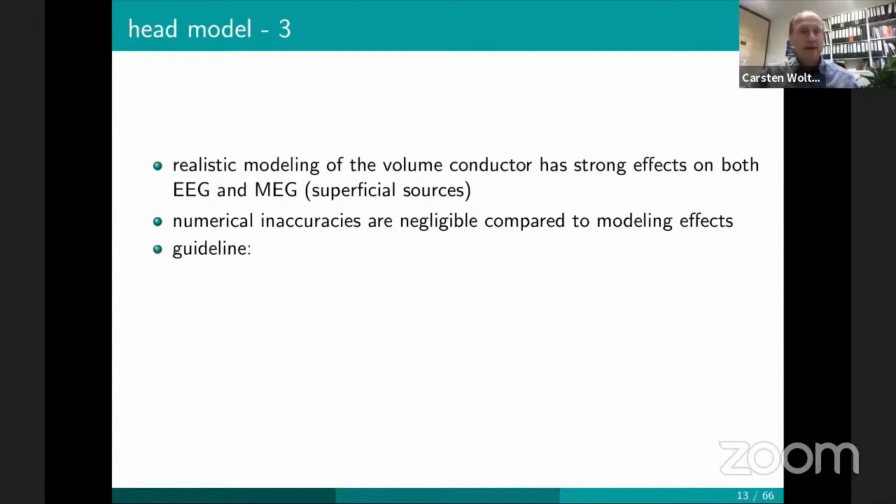So in the guideline, Johannes claimed that, let's say, we have to start first of all, in this study, we did not investigate the skull so much. It was not in the foreground, but here I would like to say that modeling the skull is surely by far the most important compartment for the EEG modality. It smears out the potential distribution. Skull conductivity is very individual and